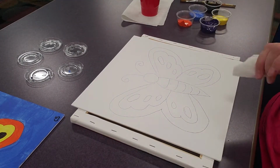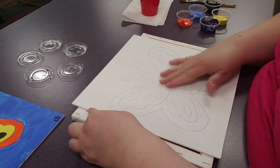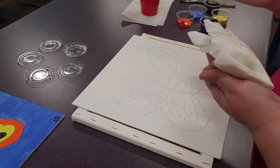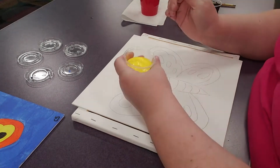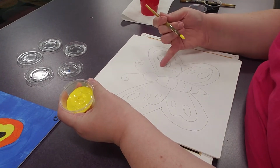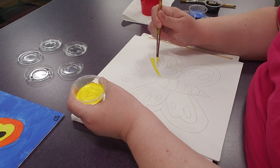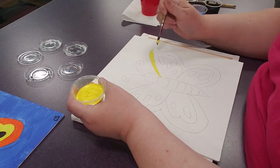I will give you some help though: it's best to paint the lighter colors first, and then go back with the darker colors. So what I'm going to do is paint my yellow first because it's a light color. The last one I did this part in yellow, this time I'm going to do this part. So try to stay in the lines the best you can, but when you do the lighter colors first,